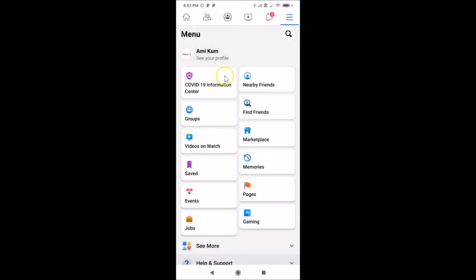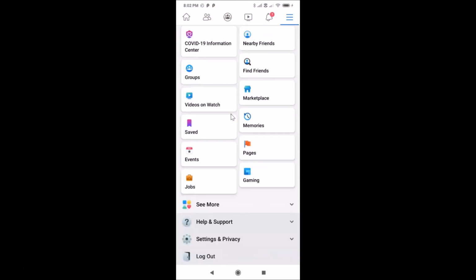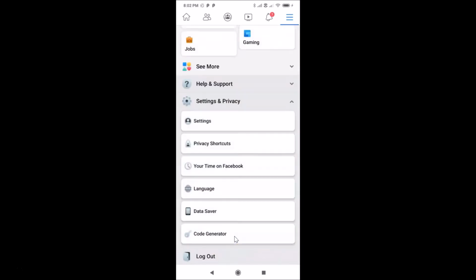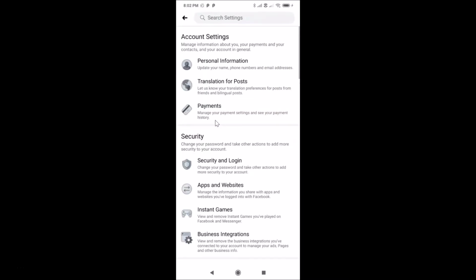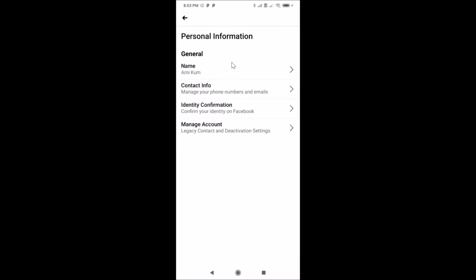So let me go back. Okay guys, so what you need to do, you have to open this menu screen, and after that you have to scroll down and then tap on this settings and privacy. So let me tap on this, and after that you have to tap on this settings. Okay, and you can see guys, here we have the account settings. Under this, here we have this personal information, so just tap on this, and you can see guys, here we have this general section. Under this, here I have this name. Okay, so just tap on this name,